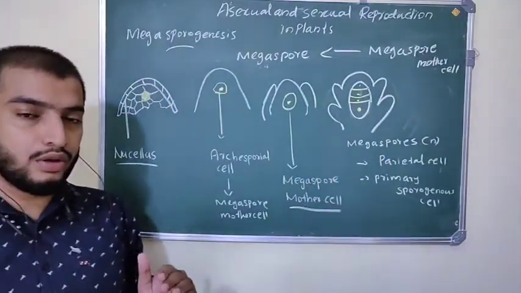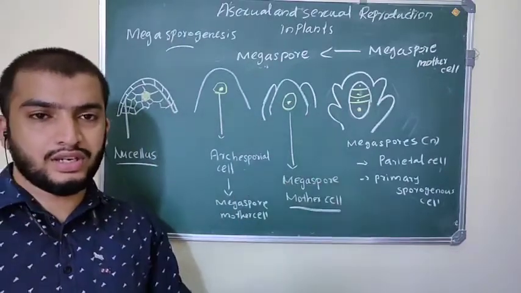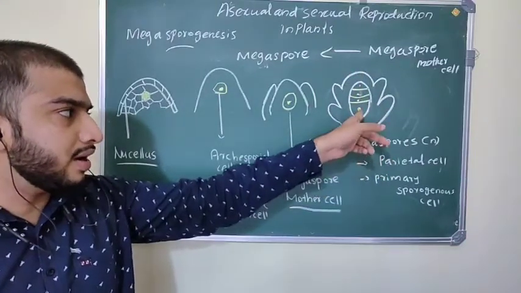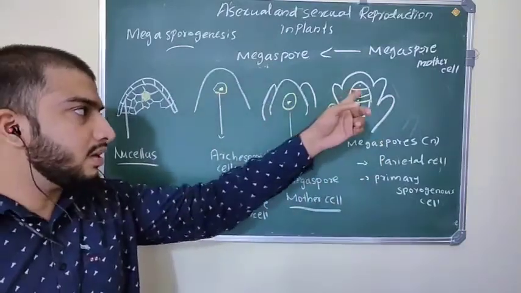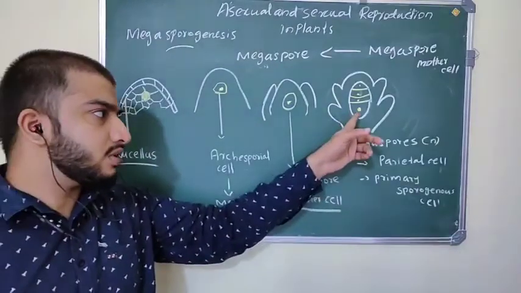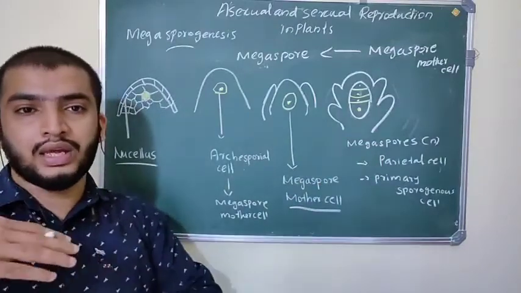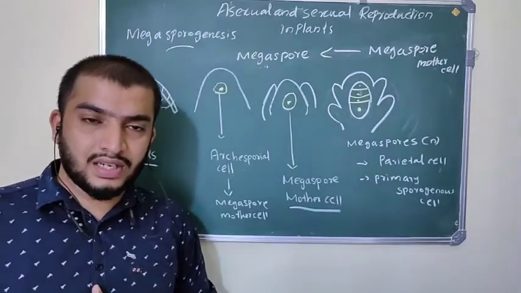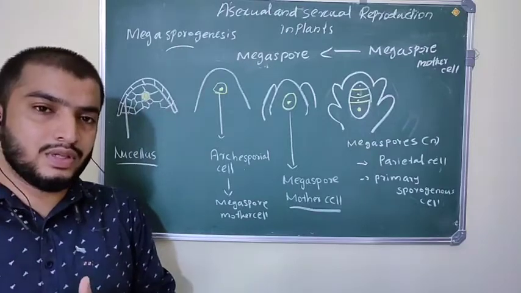We already covered the ovule. The ovule has a micropylar end and a chalazal end. So this is the micropylar end and this is the chalazal end. The megaspore cell at the chalazal end becomes functional and the other three cells degenerate, and the cell at the chalazal end develops into the complete embryo sac. But in some other conditions, which we will discuss, the development of the embryo sac may be of different types.